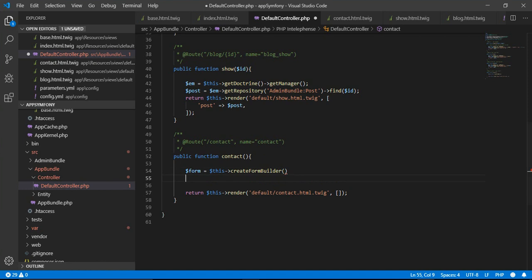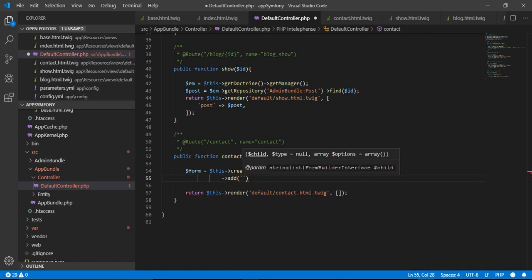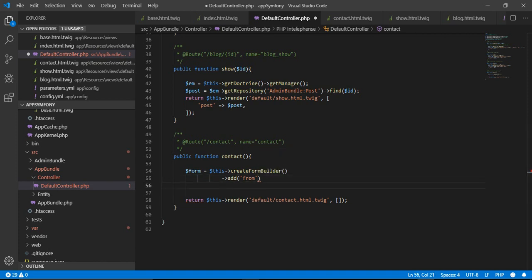And here we type the fields of this form. So first add from, then